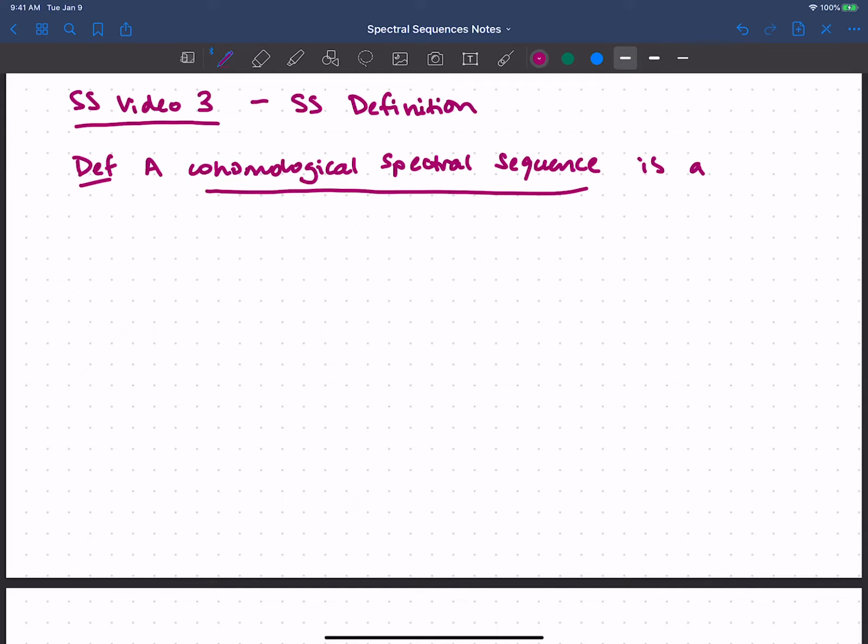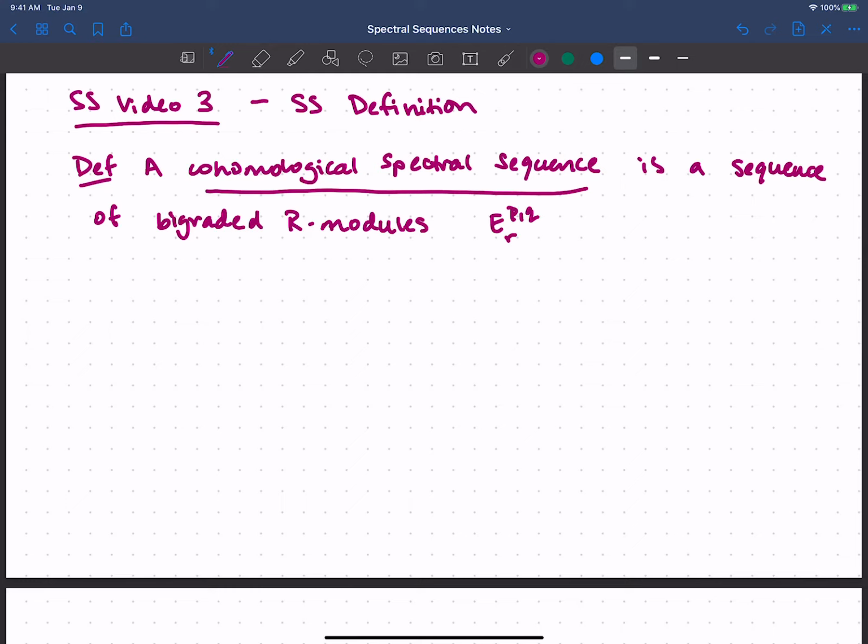This is going to be a sequence of bigraded R modules. Those are just graded R modules, but the bigraded is that I'm telling you we're grading over Z cross Z. So these are bigraded R modules, and each one of these is our rth page of the spectral